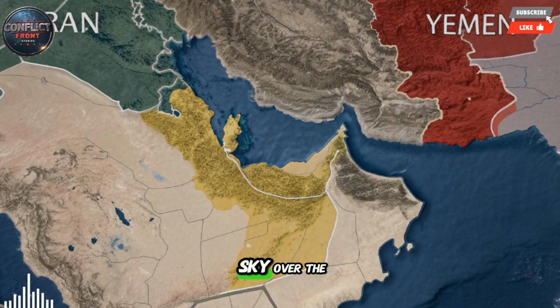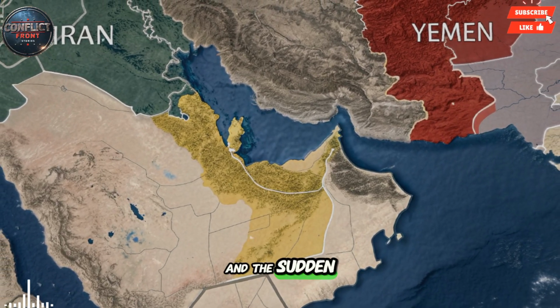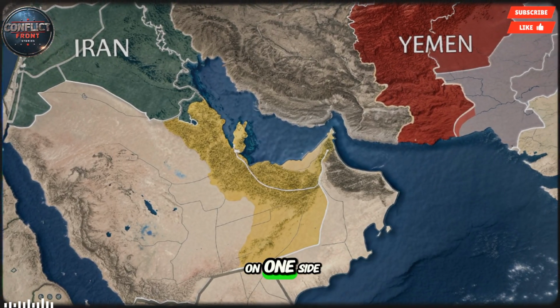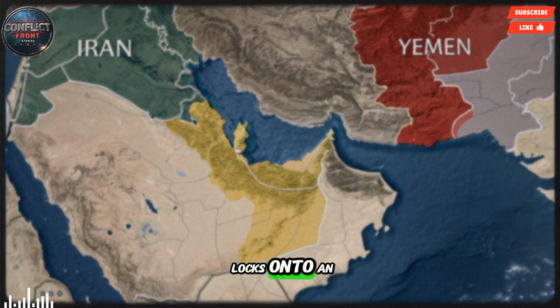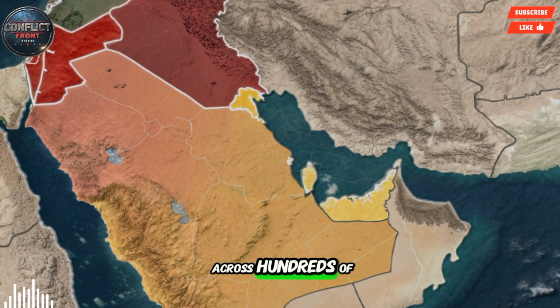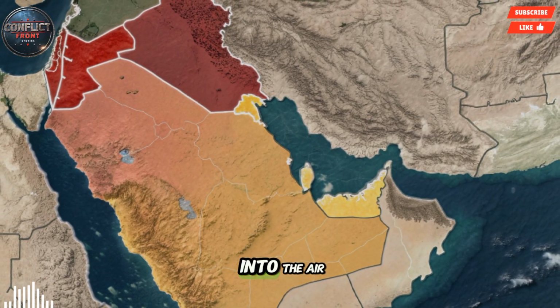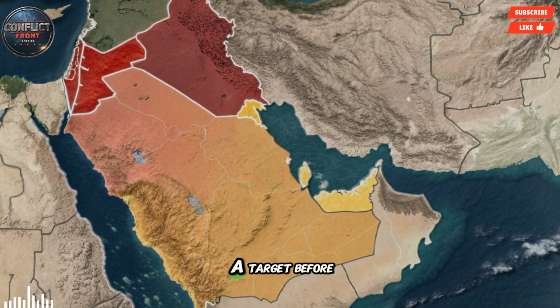Imagine a night sky over the Middle East, filled with the distant hum of jets and the sudden streak of missile trails cutting through darkness. On one side, Iran's Bavar-373 locks onto an approaching target, its radars sweeping across hundreds of kilometers. A Sayyad 4 missile roars into the air, guided by radar and infrared tracking, ready to destroy a target before it